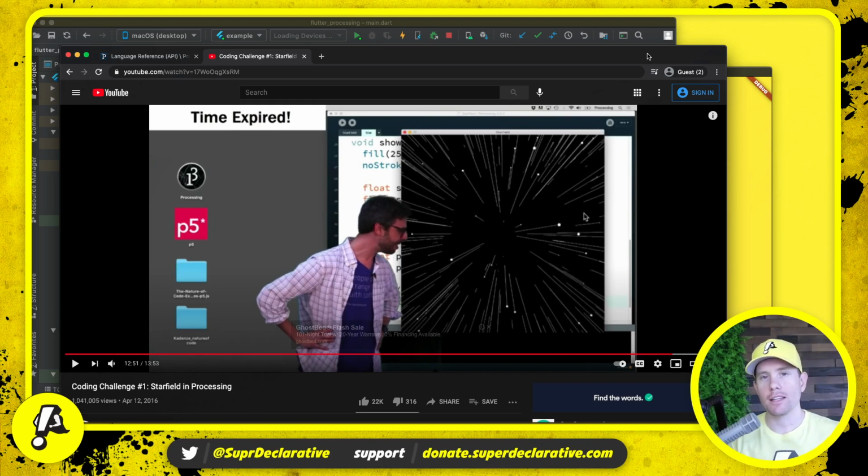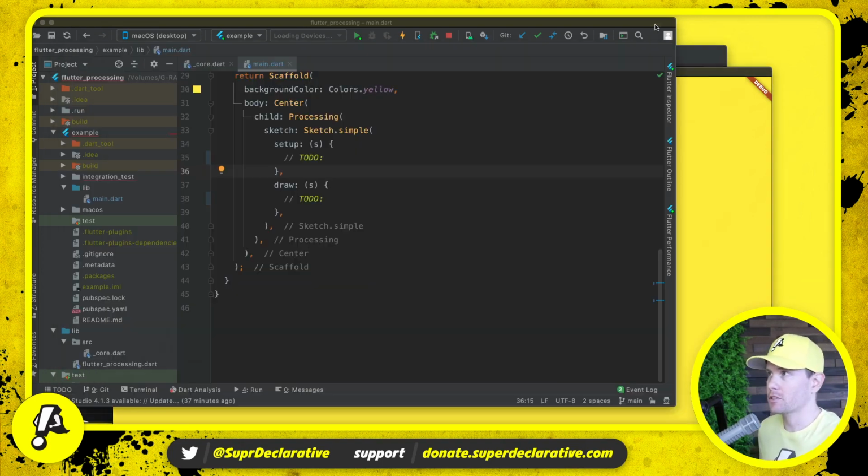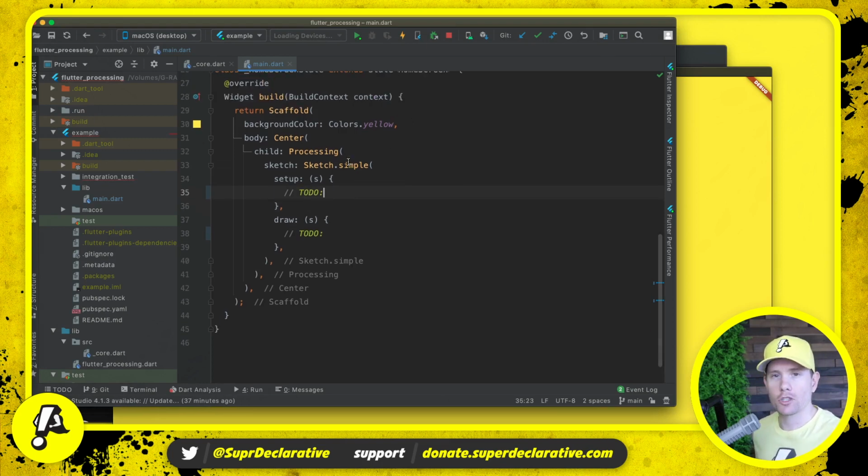We're going to now create that using our Flutter port of processing, and let's see what goes right and what goes wrong. Here I have the example app already running, so we'll come back into the code and we'll try to create the same thing that Dan has. Now, as I watched his video through, I kind of remember what he did. First, I'm going to try to remember what he did because I don't have it written down anywhere. Second, I'm going to mostly try to do it the way that he did it,